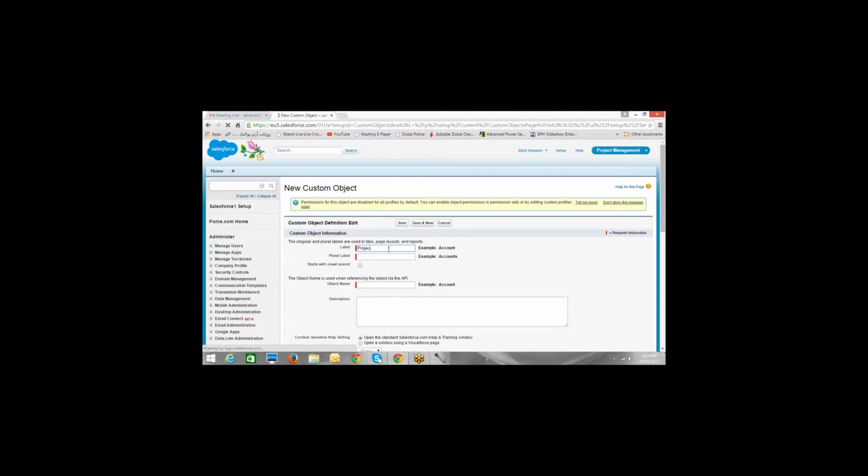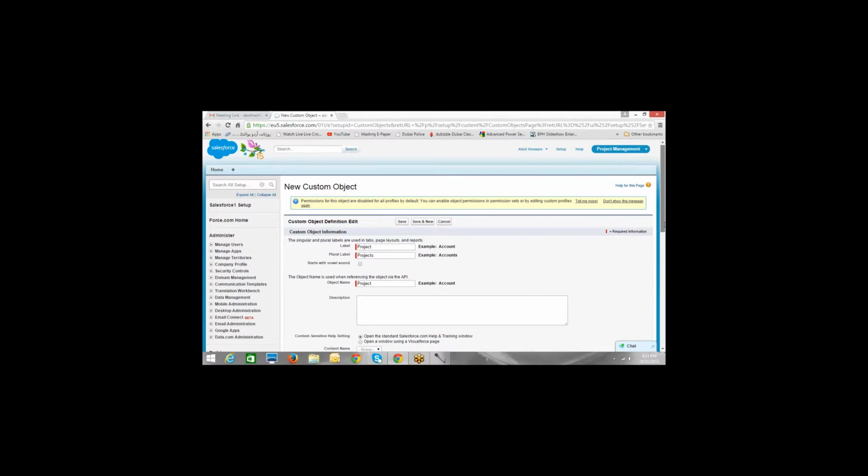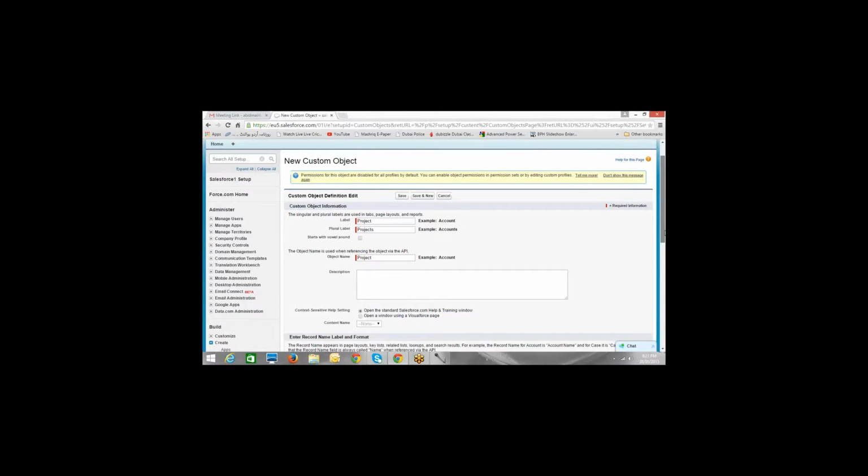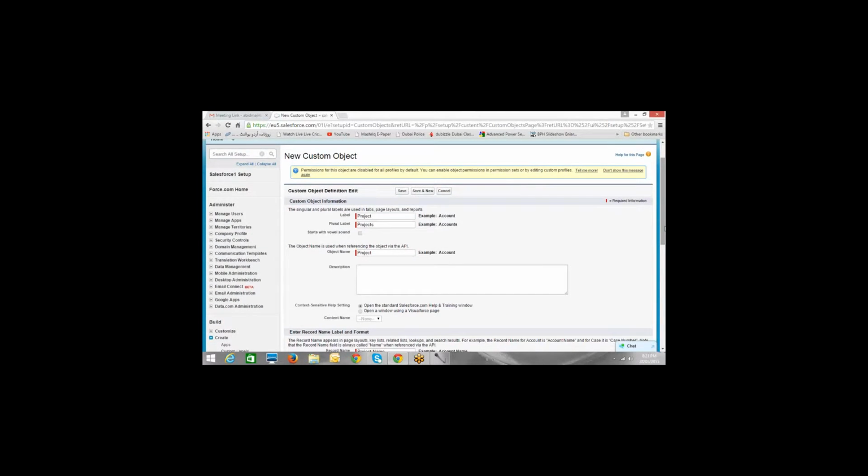All right. And just before you save the project thing, just hold on there for a minute on that screen. Just go to setup, create object, new custom object. Now, for the project table which I'm gonna create, I don't want to have a column called name, because giving a unique name to every project is a difficult thing for me, right?